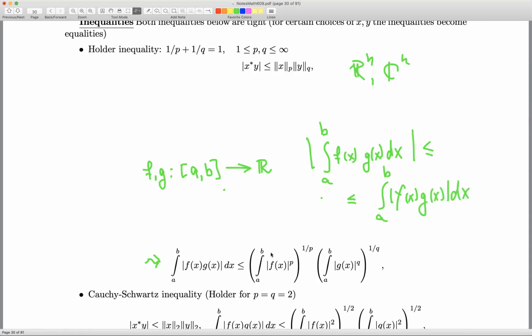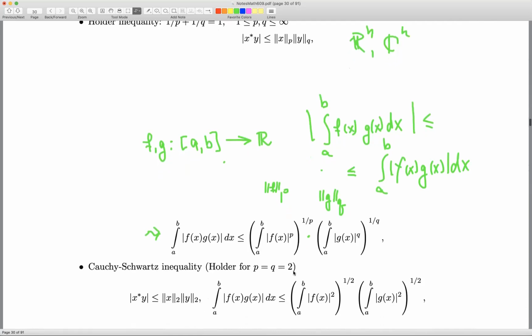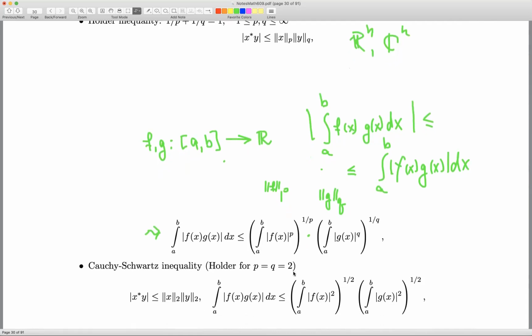And then this is less than or equal to the integral from a to b of f of x to the power p, everything to the power 1 over p, which is the p norm of f, times the q norm of g. And in particular, in the case when p is equal to q is equal to 2,